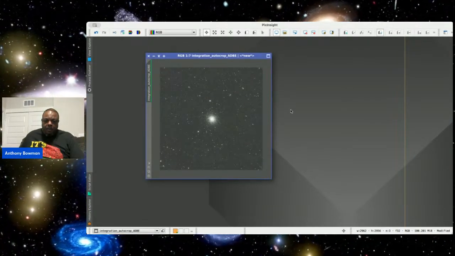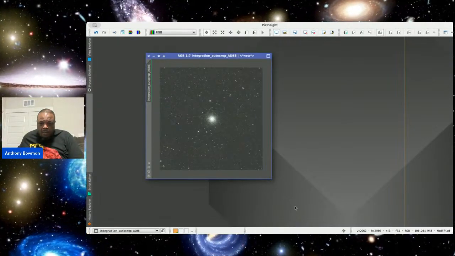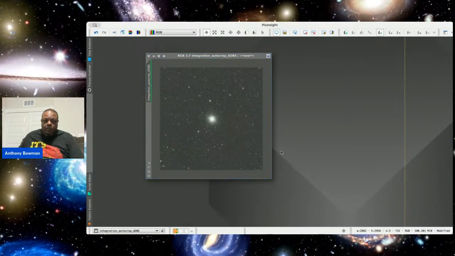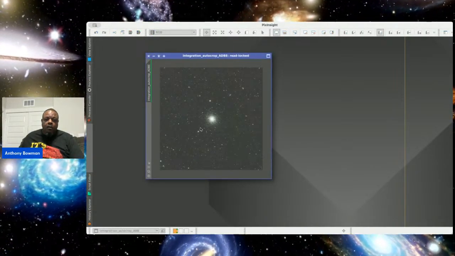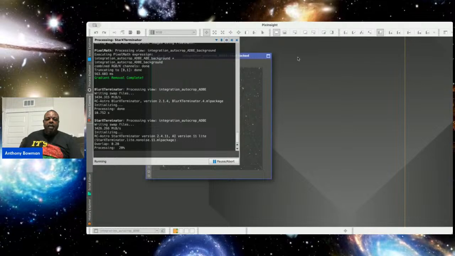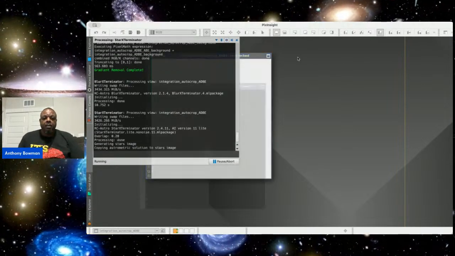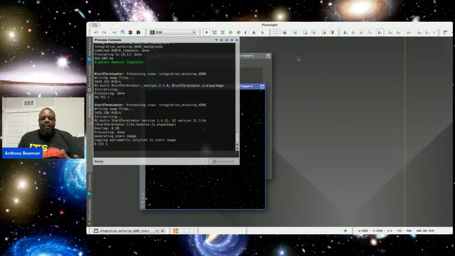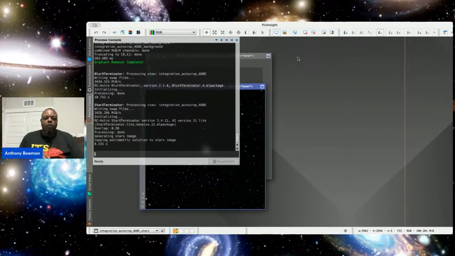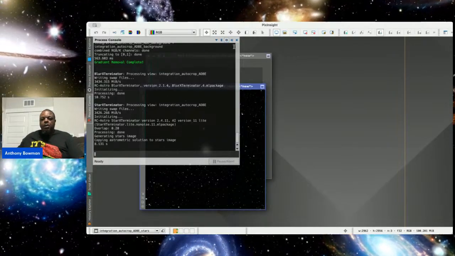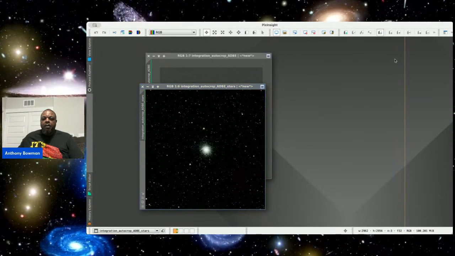But I'm going to go into another program, and within this program, it's called Star Exterminator. And what it's going to do is just separate the stars from the background image. Like I say, that's more prevalent when you're dealing with nebulas. That way you can highlight the nebula in the background and the stars won't just blow the picture out.